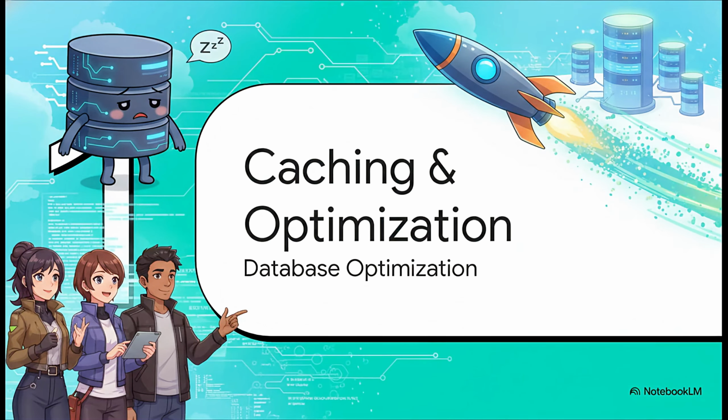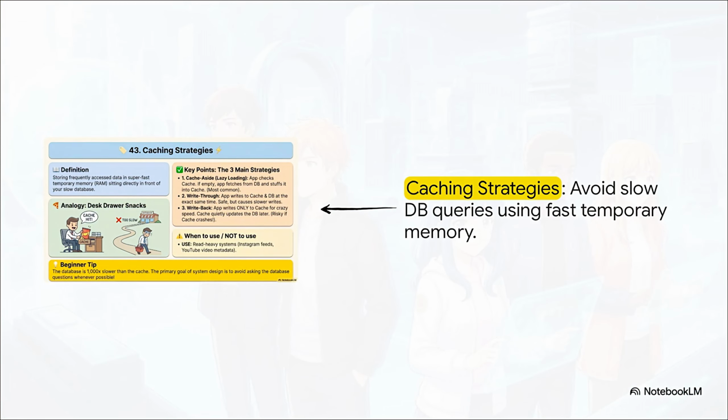Okay, section 1. Let's dive into this first massive pillar, caching strategies and optimization. Basically, how to avoid the absolute slowest part of your system, the database. So we implement caching, right? That's just storing frequently accessed data in a super fast storage layer, like memory, to take the heat off your backend. You've really got to understand the trade-offs between the main caching strategies here.